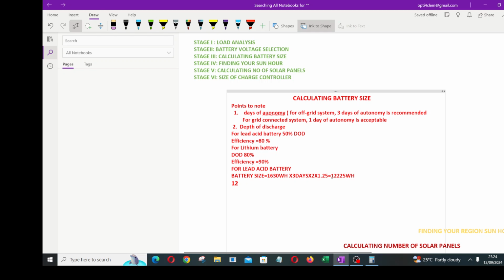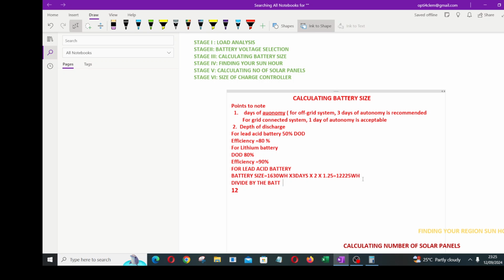12,225 watt hour. 160 watt hour times 3 days. Let me multiply by 2, multiply by 1.25. Okay, so this one gives us 12,225 watt hour. And remember, our battery voltage is what? The next thing is to divide by